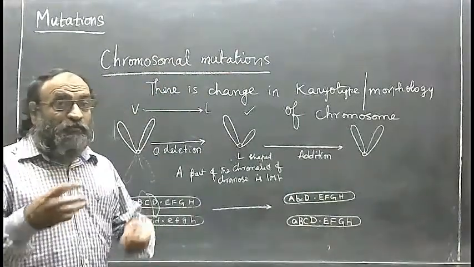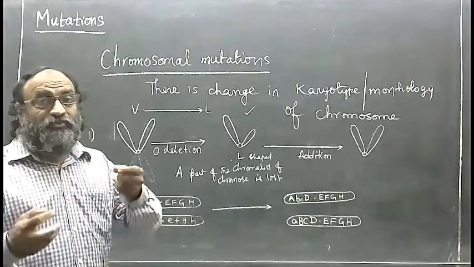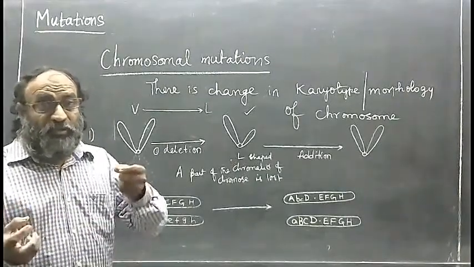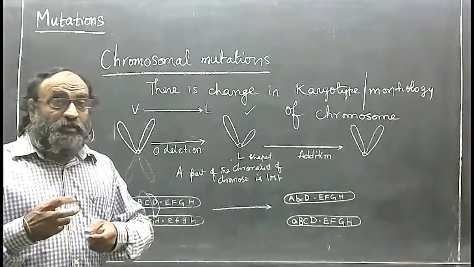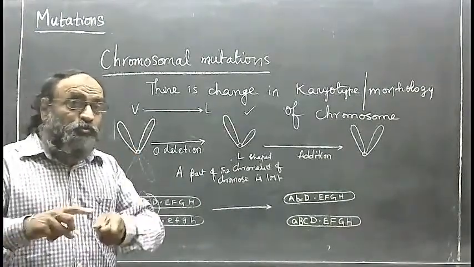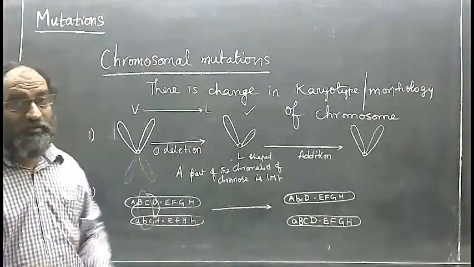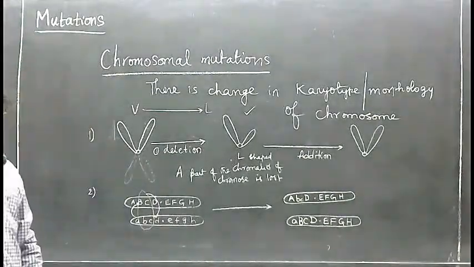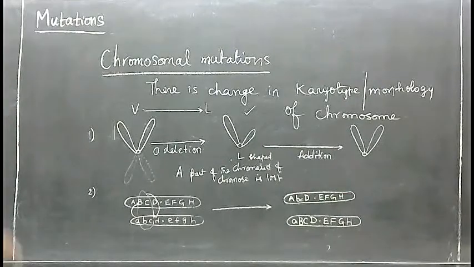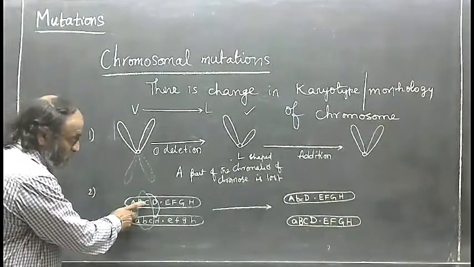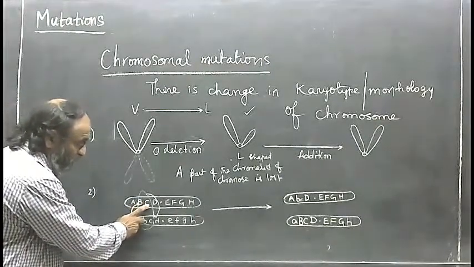Exchange of segments of chromosome. Exchange of segments between two chromosomes is translocation. Exchange of the segments. These segments B and C